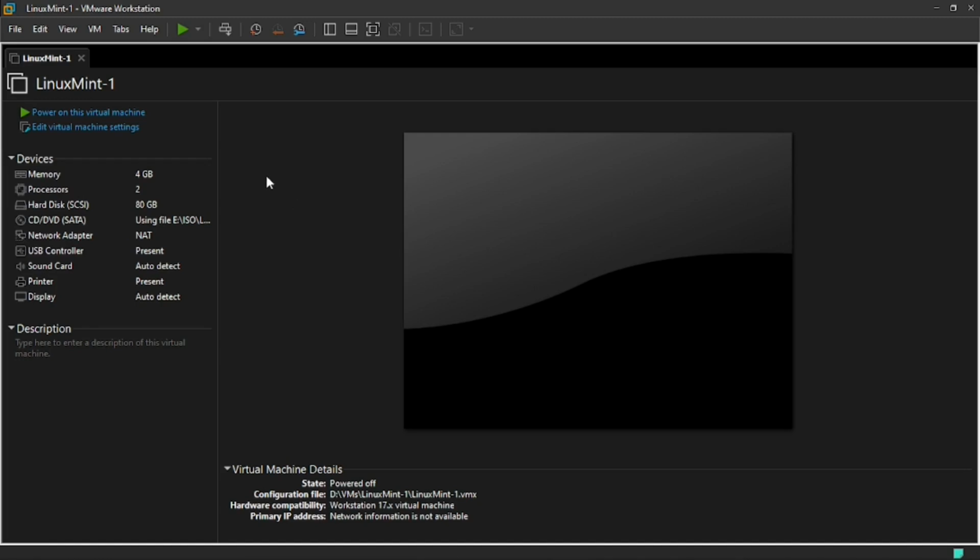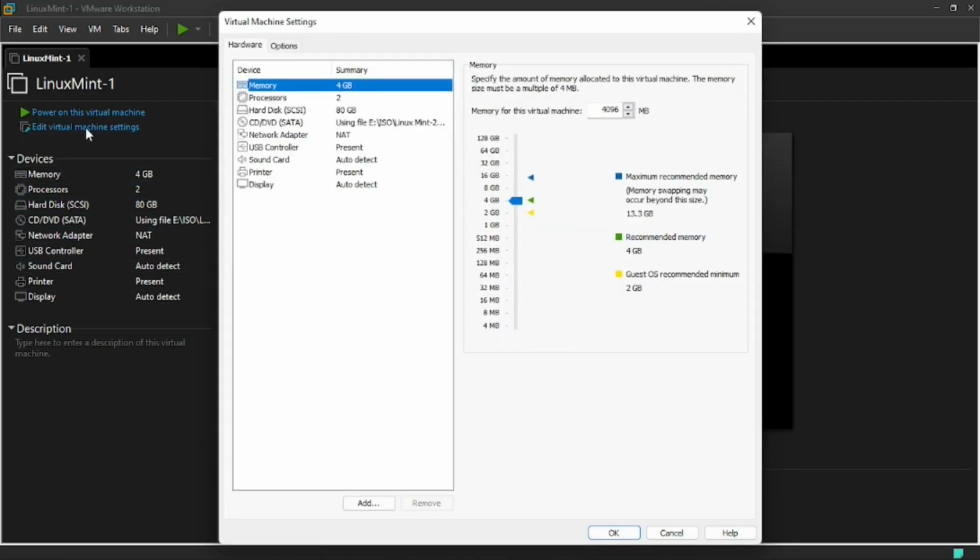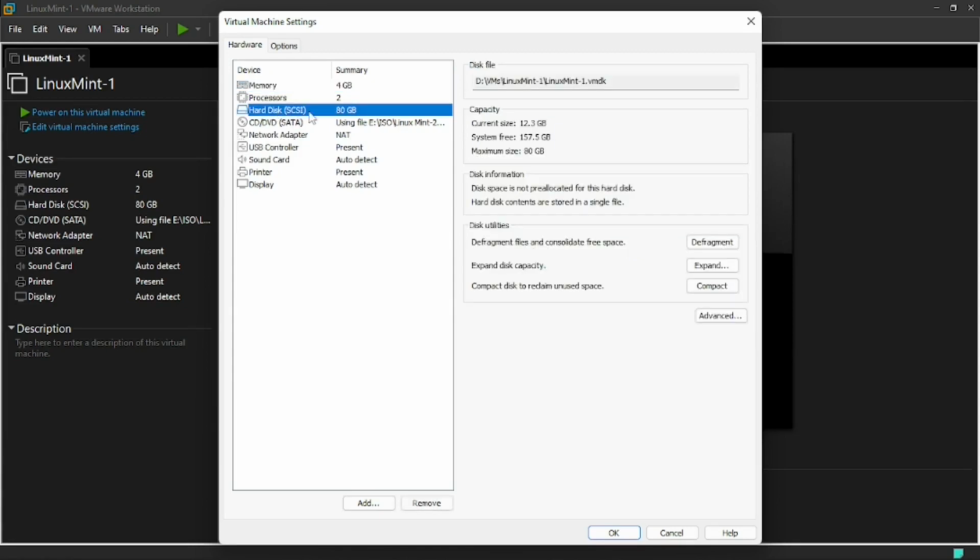So this is my virtual machine. It is a Linux Mint and it is having 4 GB memory, 2 virtual core processor and 80 GB disk space. Let me add another disk to this VM, and for that I just need to click on add and